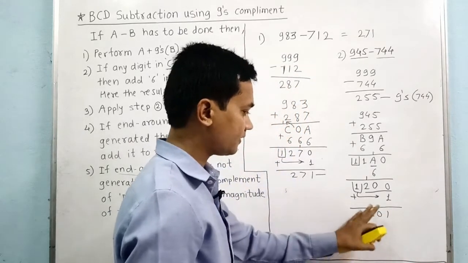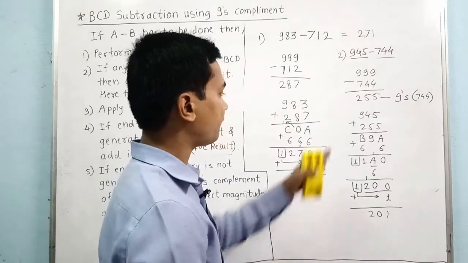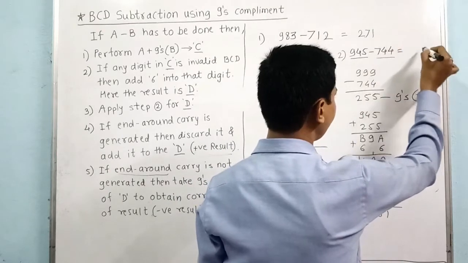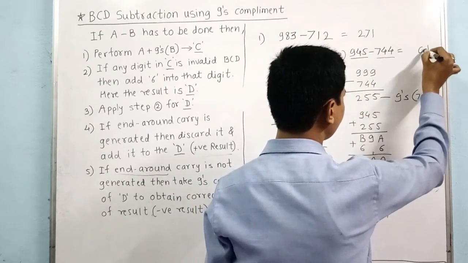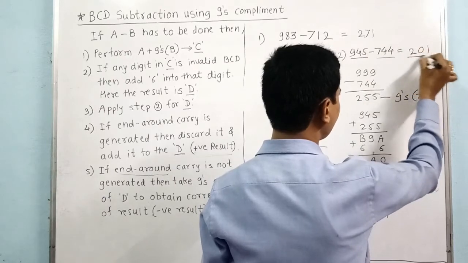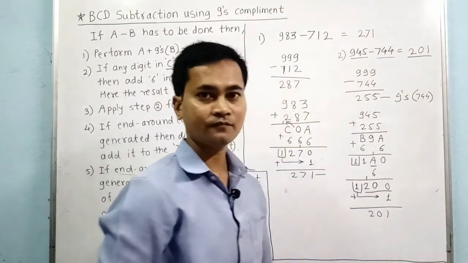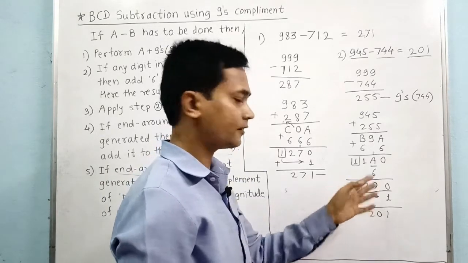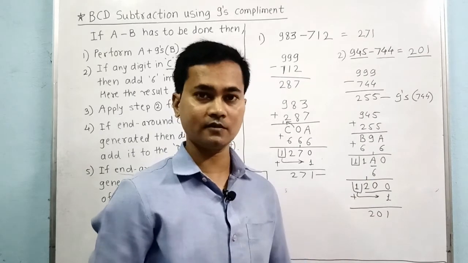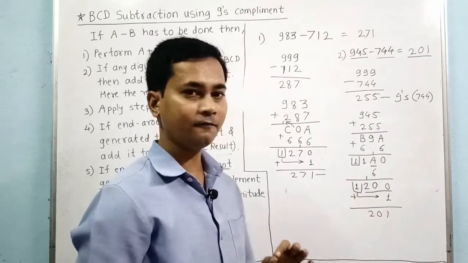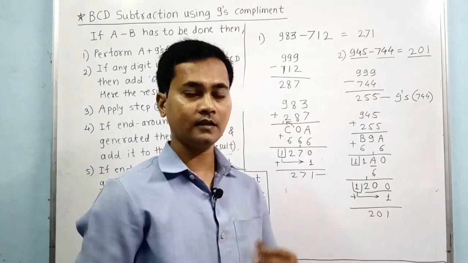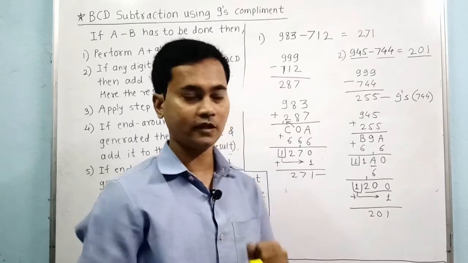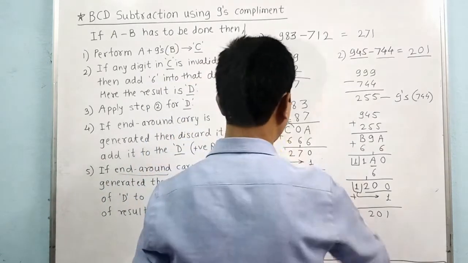So to check whether this result is correct or wrong, we will perform this subtraction in decimal. Okay. So 5 minus 4 is 1, 4 minus 4 is 0, and 9 minus 7 is 2. Okay, so 201 is the result. Okay, so this is about how we add the value 6 two times, for the two steps. Now we'll see the third and two more examples which will have an unequal number of digits. Okay, so let us see those examples.